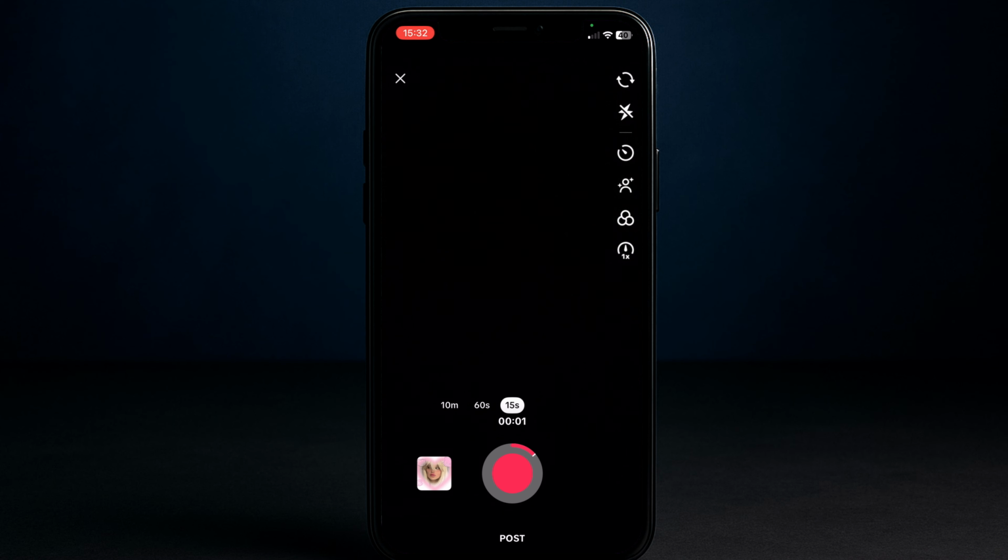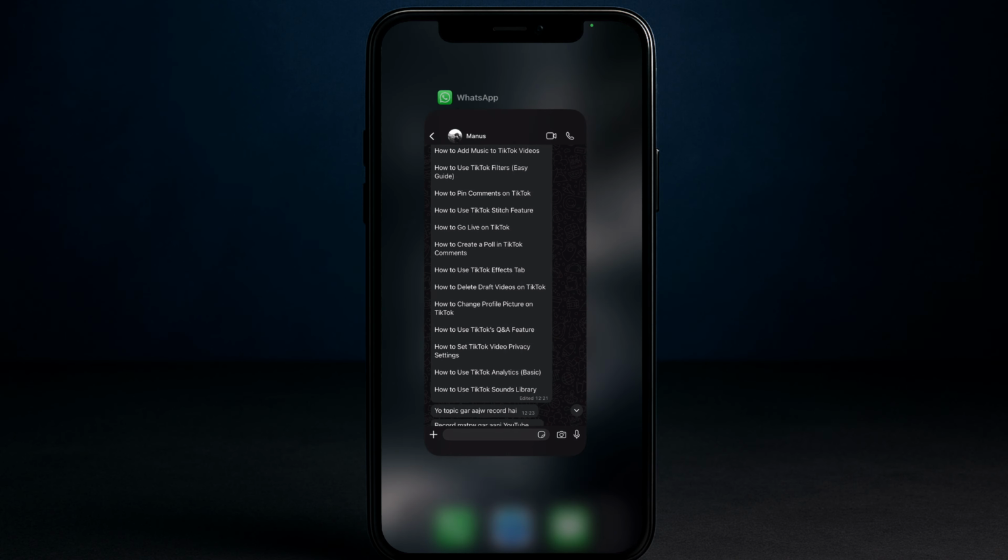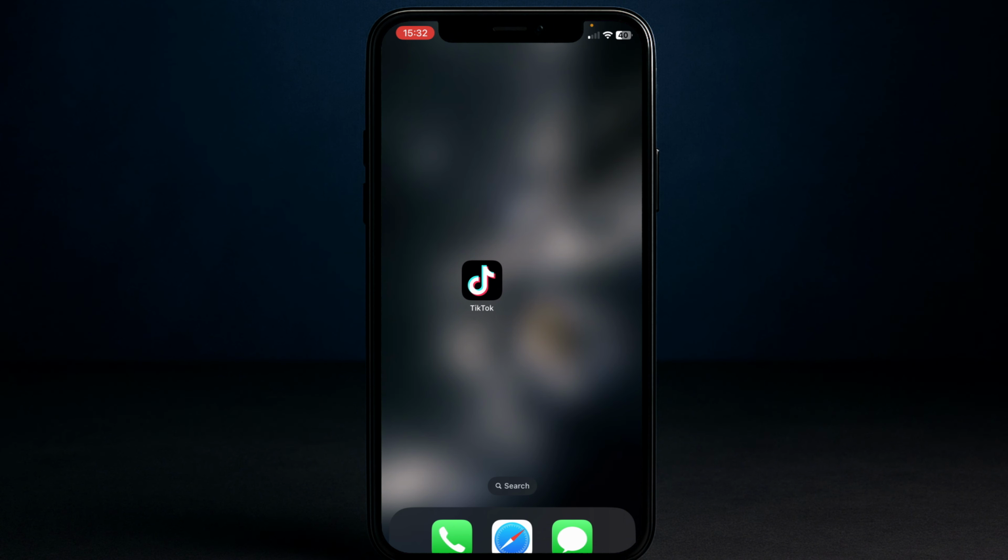Now you can add your part and you can give reviews about the video and whatever you want to do with this stitch option. I hope this video helped you guys use stitch option in a proper way,